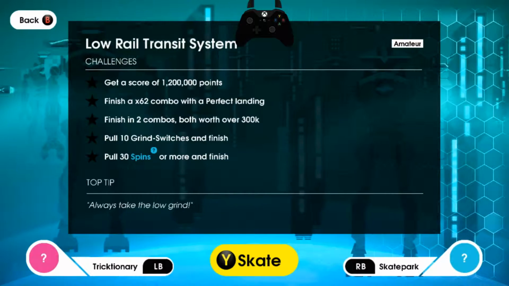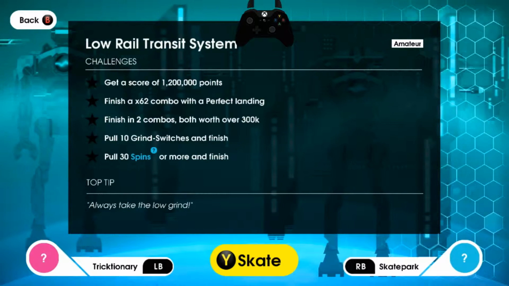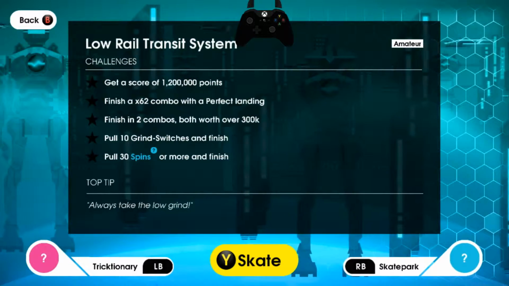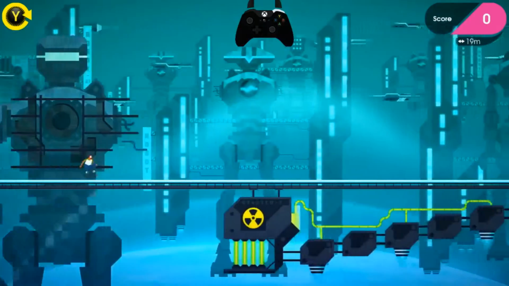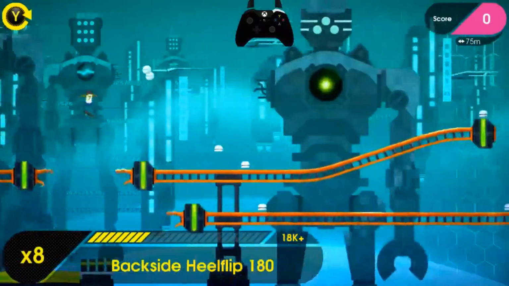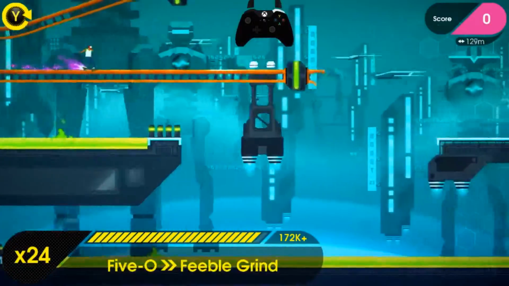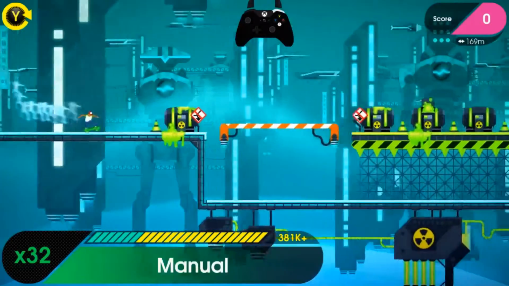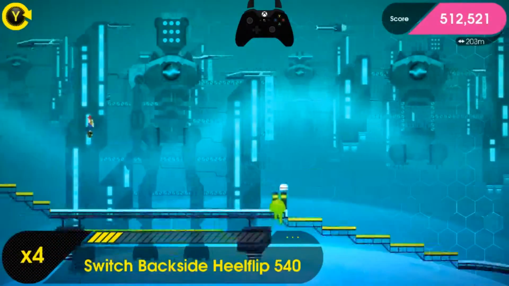Now, Low Rail Transit System is the last level in the amateur run. It is possible to get all 5 stars in a single combo, and I'm going to try and show you that combo, but it is a very difficult combo. We need to grind switch on every grind. We need to get as many spins as we can. We need to make sure that our score is high enough,